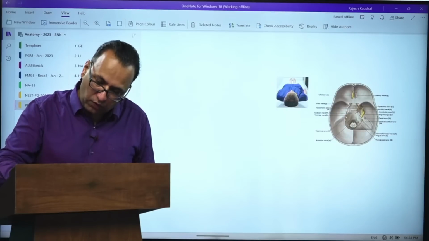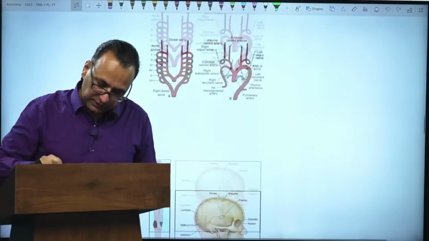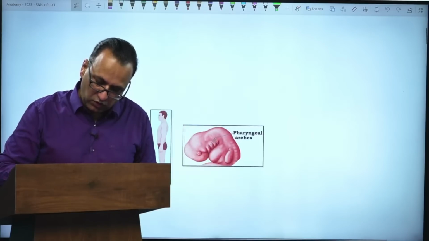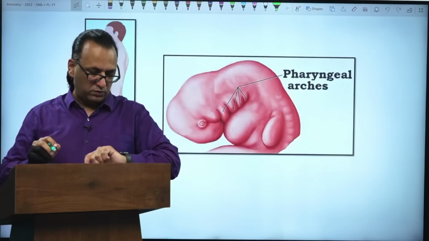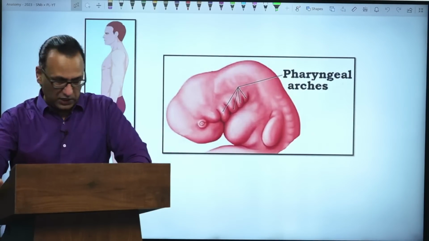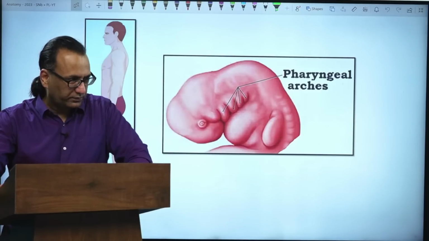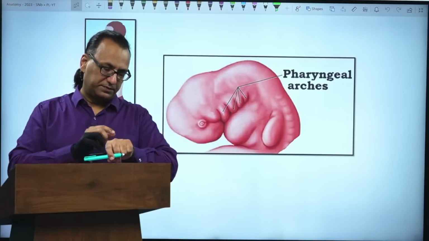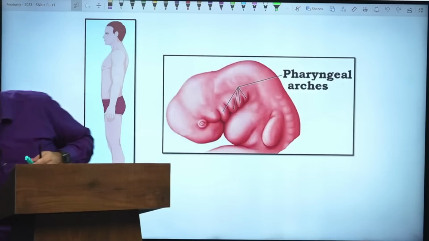Now we need to move on to the head and neck region, some details. Let me just see what is the time now. 6:28. We started at 4. 2.5 hours already gone. Okay, so